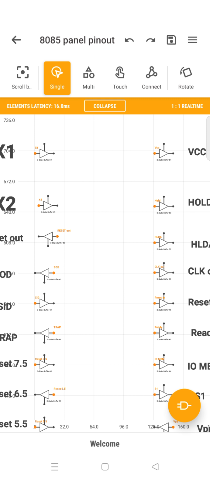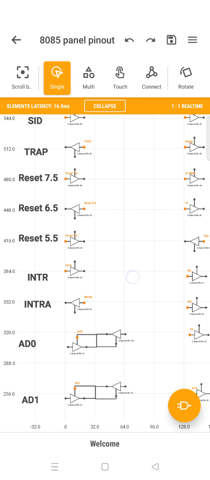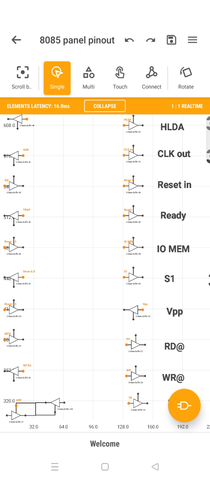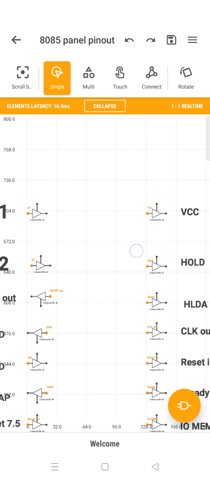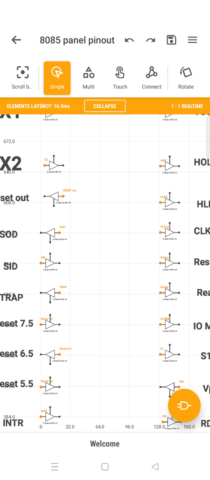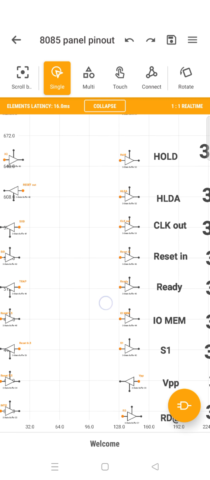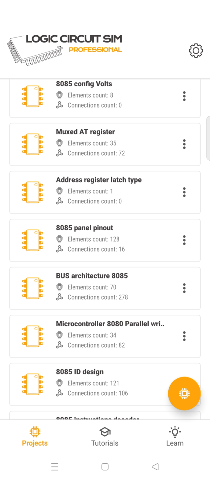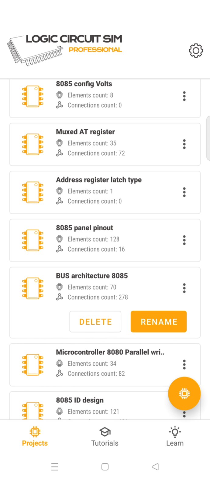The voltage, then control elements, then bus elements, clock elements, interrupt elements, and address elements, data elements, or read write instruction elements. Control elements or instruction elements, and signaling elements like status, the processor status, whether it is accessing a memory or giving out controls to other things. That's all it has. And acknowledgement: sending signals and then getting acknowledgement back again. Those are the other signals that come in. This is the clock out, clock in, HLDA, hold, and other things. This is the 8085 control panel, 8-bit architecture, 8085.